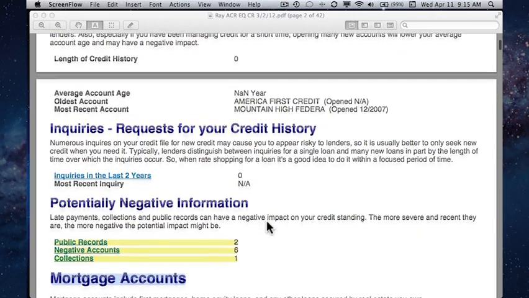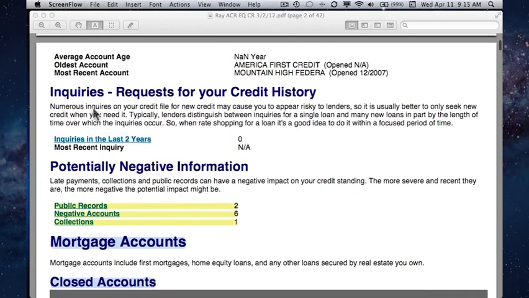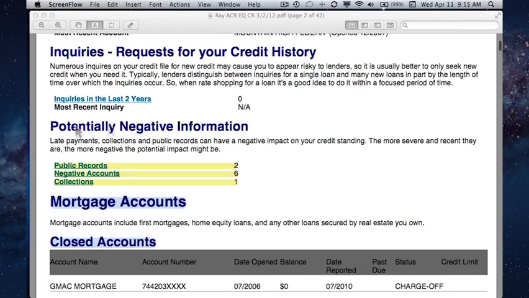And in the Equifax, they start out with inquiries, credit inquiries that are known as for business purposes or a legitimate new credit inquiry. These stay on your credit report for 2 years, but only count against your credit score for 12 months. So next, we look at the potentially negative information, and this particular person has 2 public records against them, 6 other negative accounts, and 1 collection. These negative accounts can be charge-offs, lates,